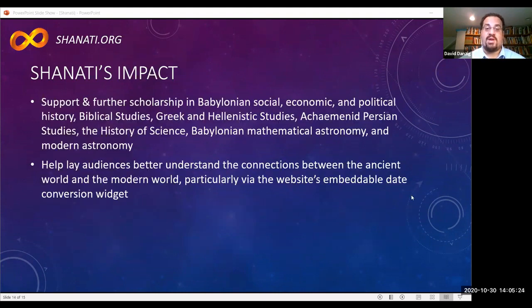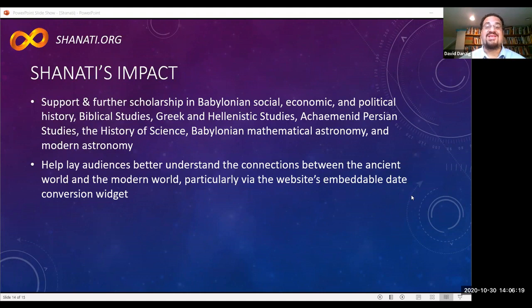We envision a wide applicability and usefulness for Shanati's results for scholarship in the fields of Babylonian social, economic, and political history, biblical studies, Greek and Hellenistic studies, Achaemenid Persian studies, the history of science, Babylonian mathematical astronomy, and even modern astronomy. But beyond that, the calendrical rapprochement Shanati will effectuate has much farther reaching consequences, we hope. Since the Babylonian calendrical and astronomical systems are to a large degree the precursor to our modern Western calendar and our modality of keeping time, this coupling of the ancient Babylonian calendar and our current Western calendar, based on the